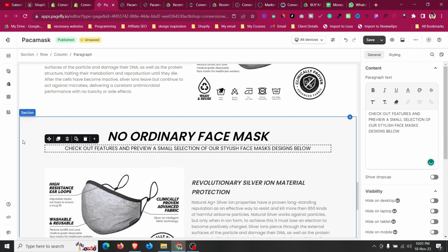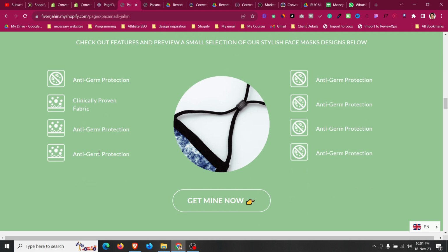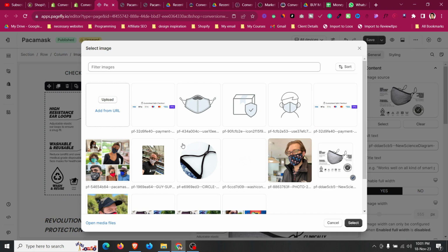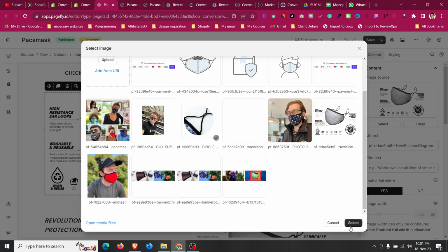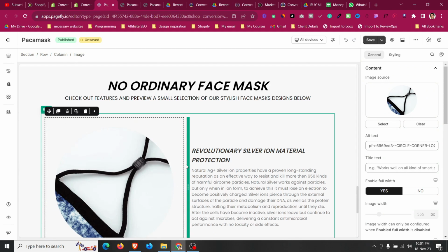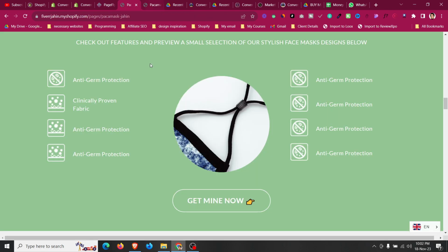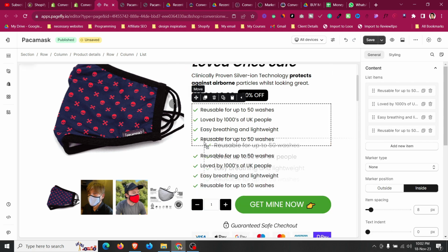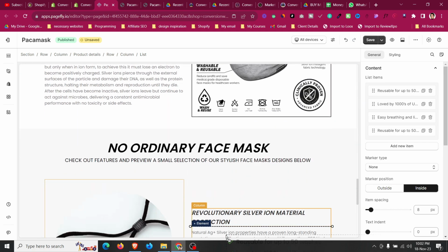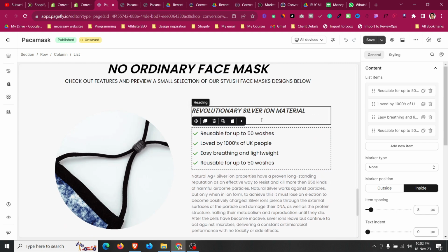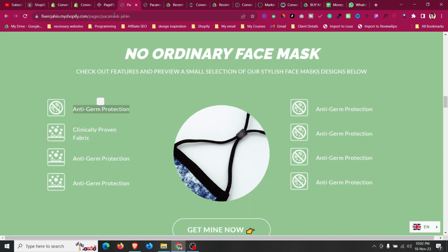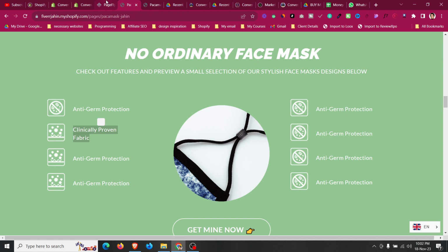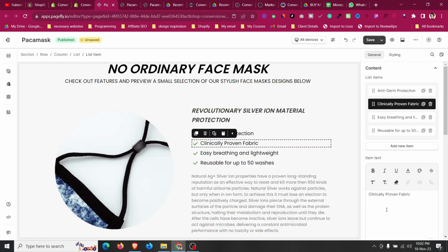here. Okay, that's good. Now we can provide something like this with an image on the left, so you can choose a separate image like this one, or people are using it like this one as well, and you can go with this, or you can give a headline, or you can give an add to cart button or checkpoint just like we have used in the top, right? Like this. Okay, what checkpoints we can add, like anti-jam protection, this type of thing can be added in the checkpoints. Anti-jam protection, clinically proven, this type of thing we can add in the